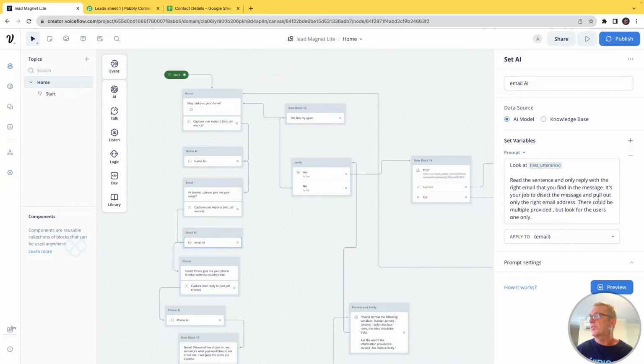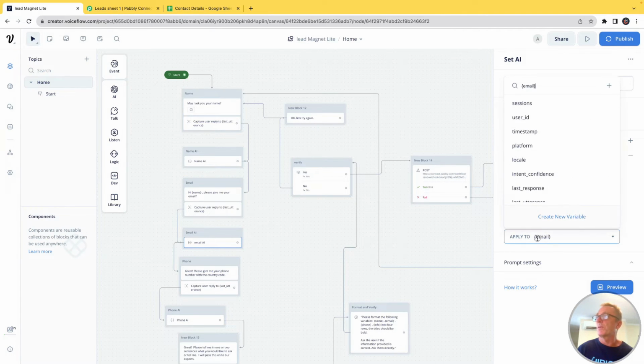It's your job to dissect the message and pull out only the right email address. There could be multiple provided, but look at the user's one only. The user would probably not harp on about a whole lot of different emails, but nonetheless, we've got this in place to ask the AI to make sure it has the right email address, and apply it to